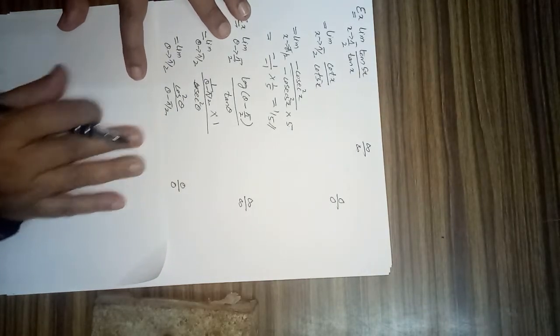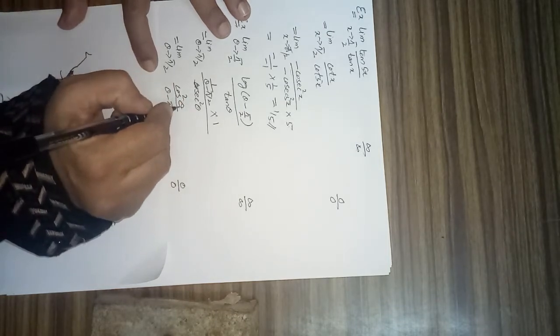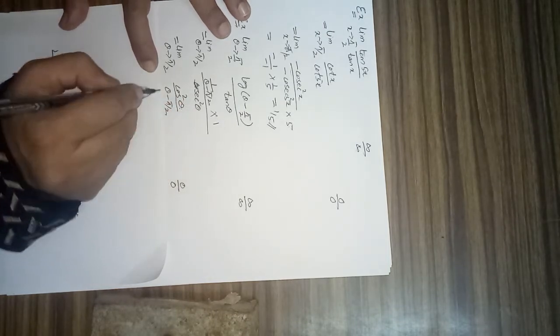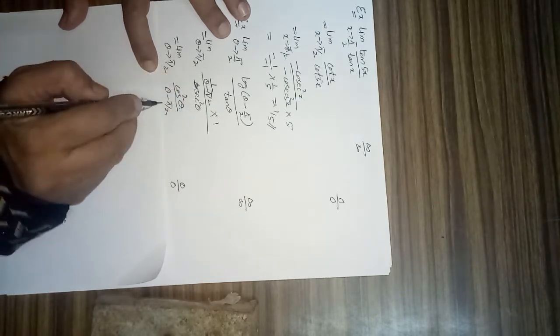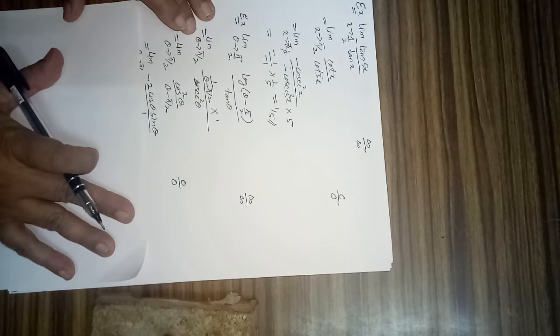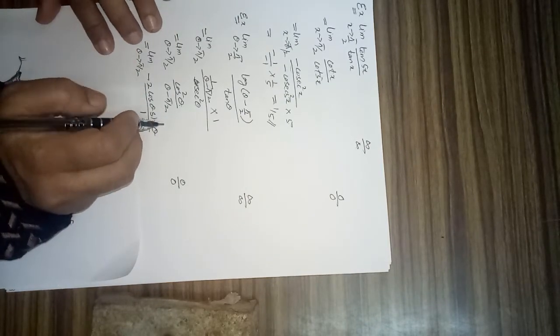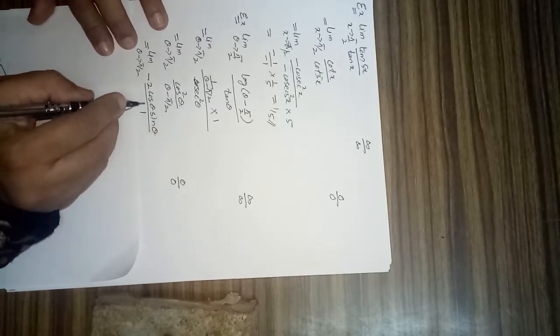This is equal to, if we simplify, sec square becomes cos square theta in the numerator, and the denominator is theta minus pi by 2. Now this is 0 by 0 form. Therefore we cannot find its limit so easily. Again we have to apply L'Hospital's rule.